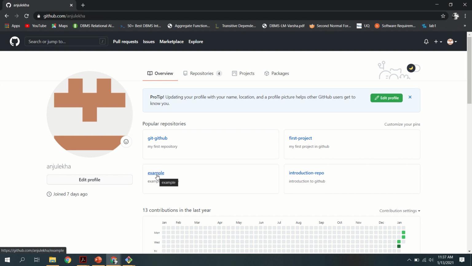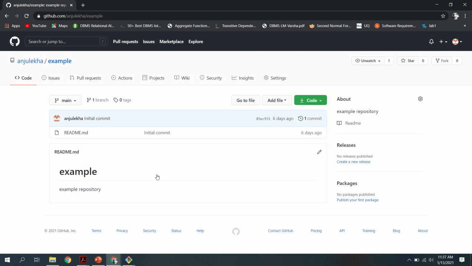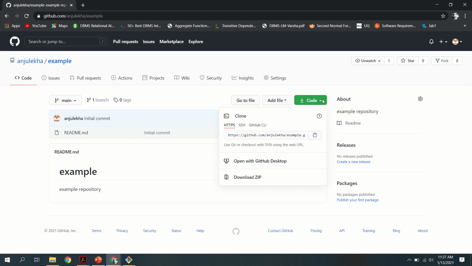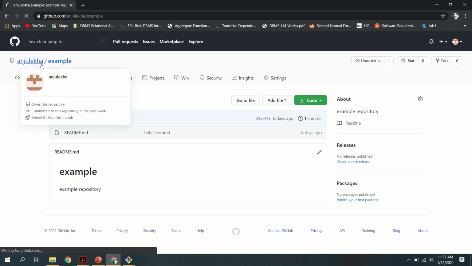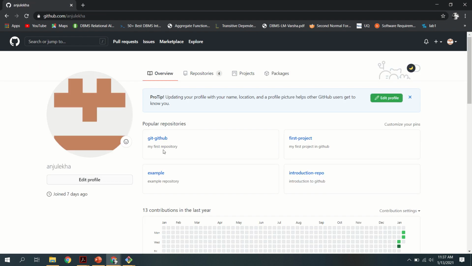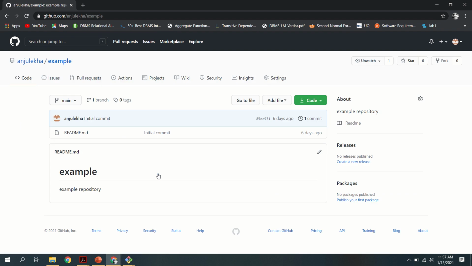Suppose I want to take this repository to my system, that is, to my local machine. So first I want to connect this repository with my local machine, so I want to get the path of the repository. First of all, you take your appropriate repository. I'm taking this repository and I'm going to connect with it.